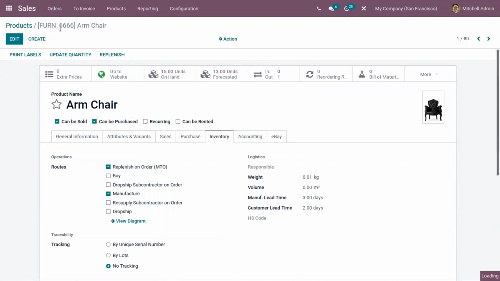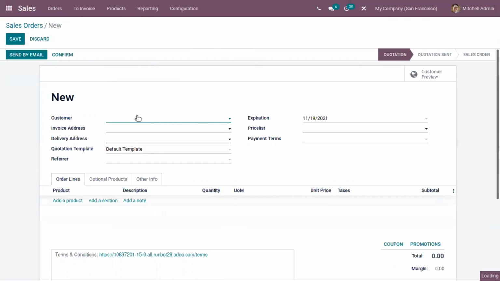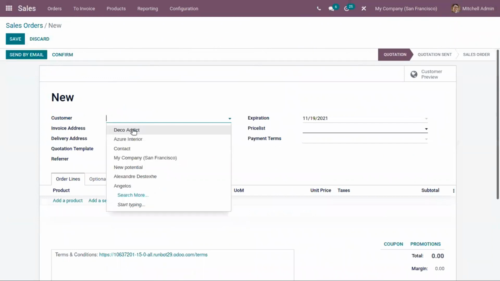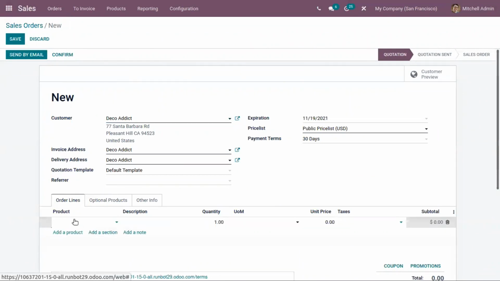So here we can create the sale order. In the case of replenish on order or make to order, products are only manufactured on demand. So here the customer orders the product armchair.